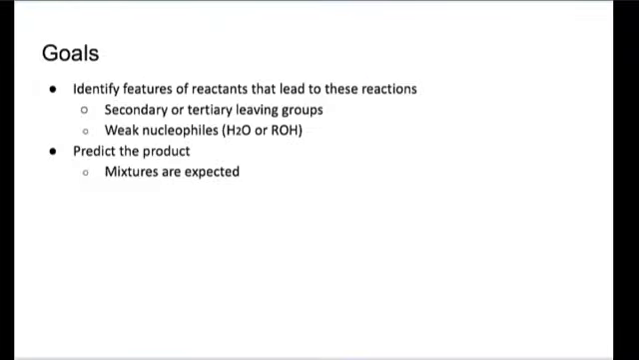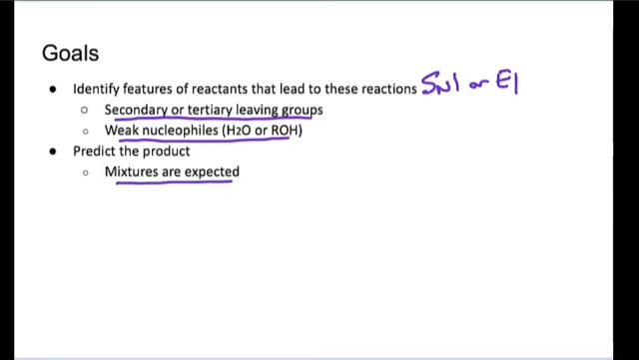Okay, so overall, the goals of this video and this microlecture are that you can identify the features of reactants that lead you to believe it's going to be SN1 or E1. And that involves noticing that you've got secondary or tertiary leaving group situations with very weak nucleophiles or weak bases like water or alcohols. And then the last thing that you want to remember is when you're predicting your products, we do expect mixtures,